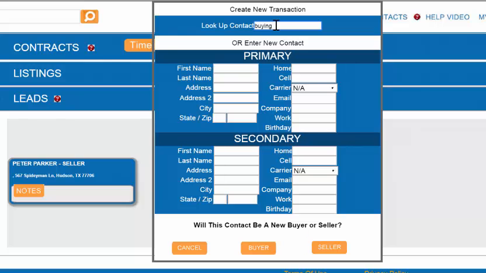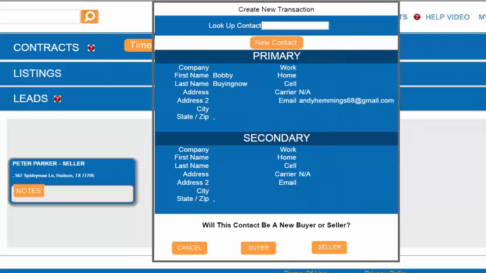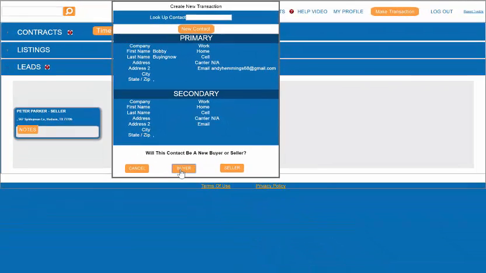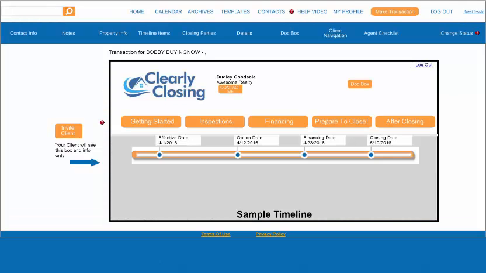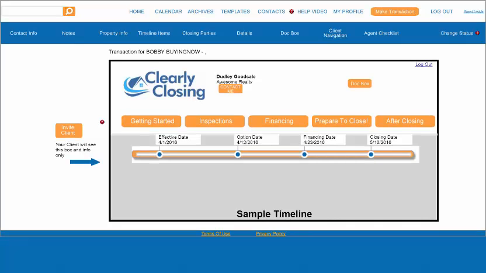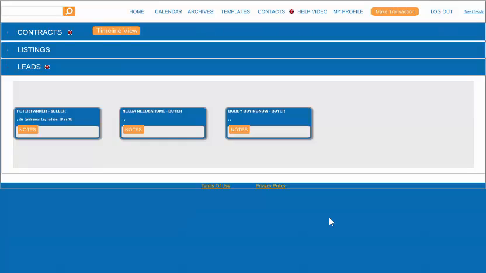Let's use an existing contact in our database. We will now select Buyer, and their transaction window will appear. From here you can begin entering information for them. If they are simply a new lead, go back to the home page, where you will now see them under